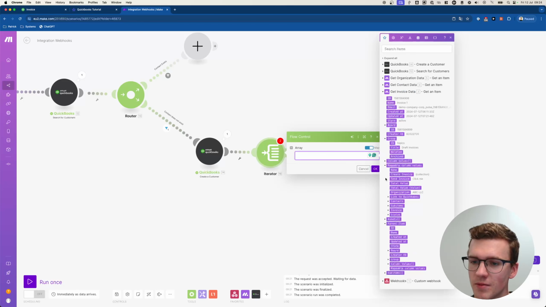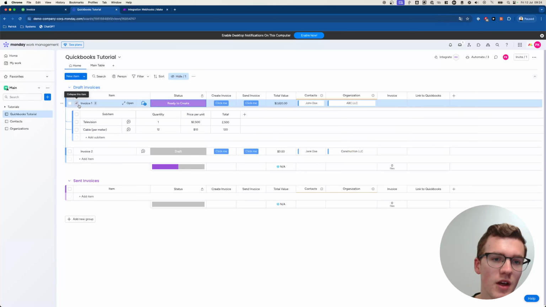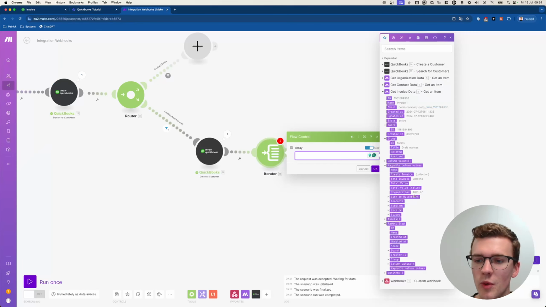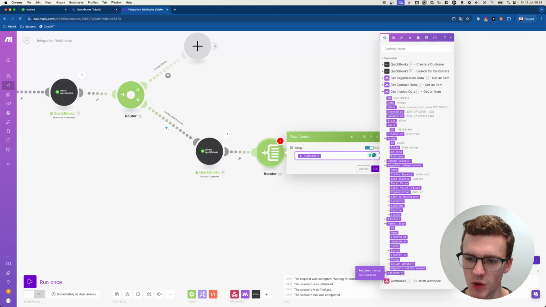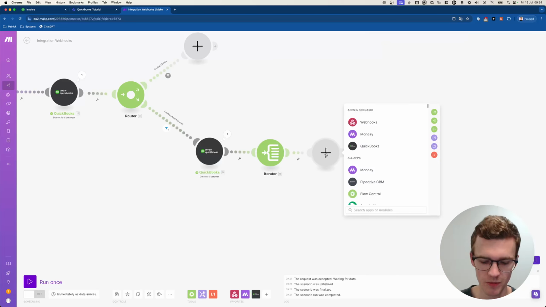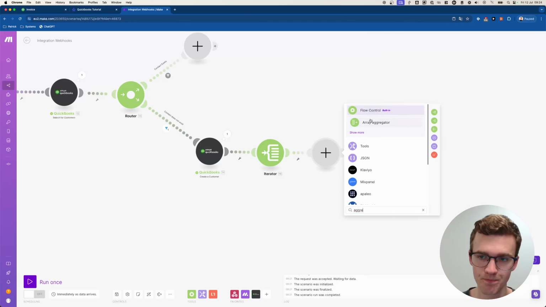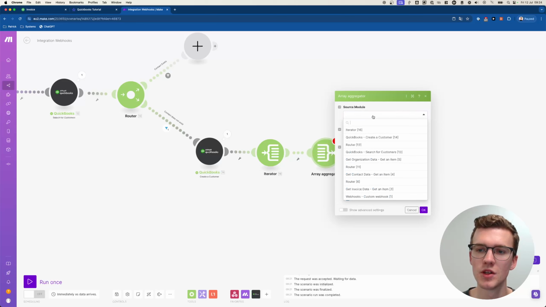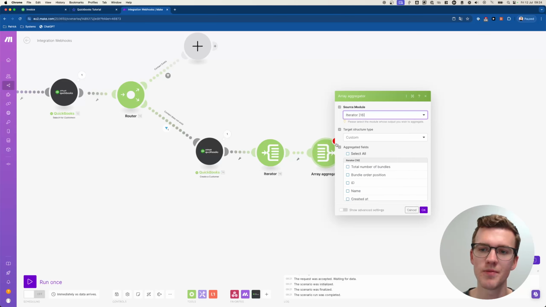So the invoice data, as you know from the start, from here, has some sub items, and actually we want to reference those. So here we have sub items, which would be the, oh sorry, not this one. It would actually be this one, the one with the array thingy. If you don't know which one is the right one, just make sure it says sub items and then array, which is usually at the bottom. So it would actually iterate through all these sub items, and then we would use something called an aggregator to aggregate all that data. So the source of this data is the iterator that we just created, and a target